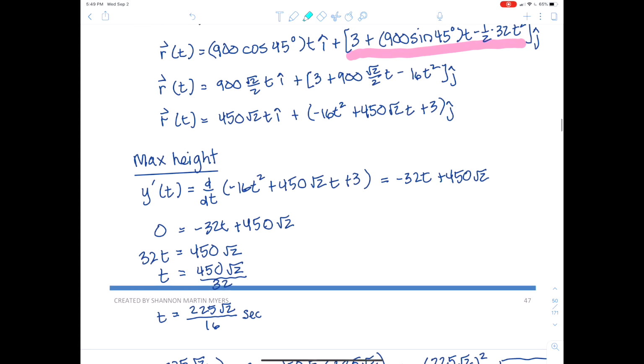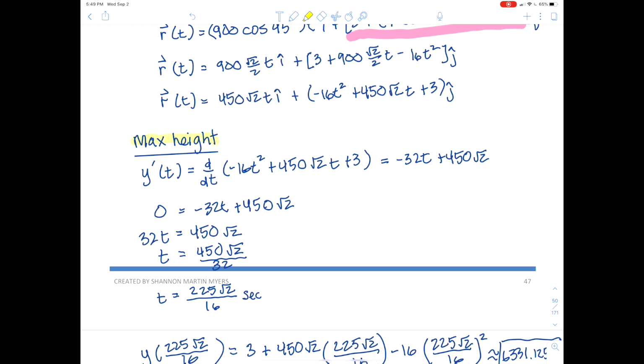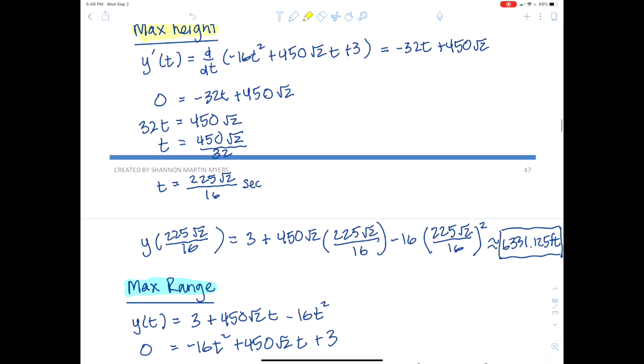And the max height ended up being 6,331.125 feet, approximately, and that occurred when the derivative of y at t was 0, and that happened when t was 225 root 2 over 16 seconds. Okay,